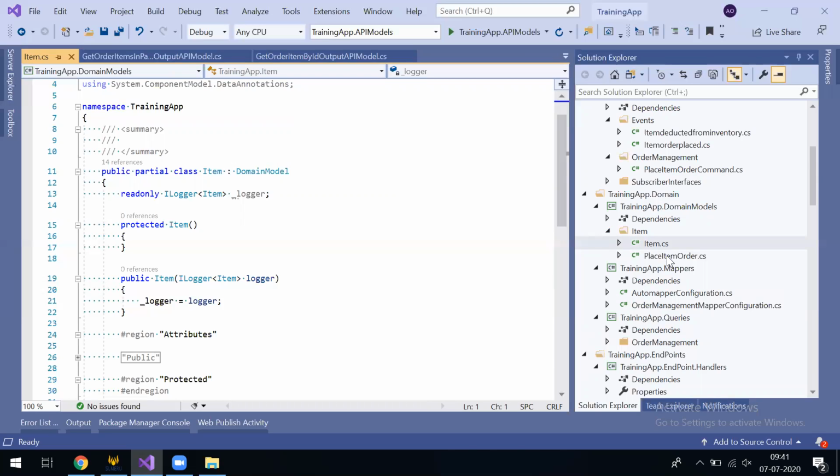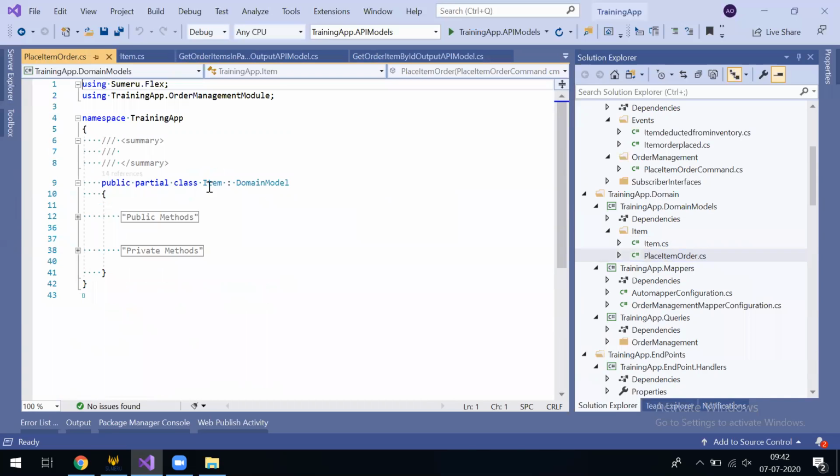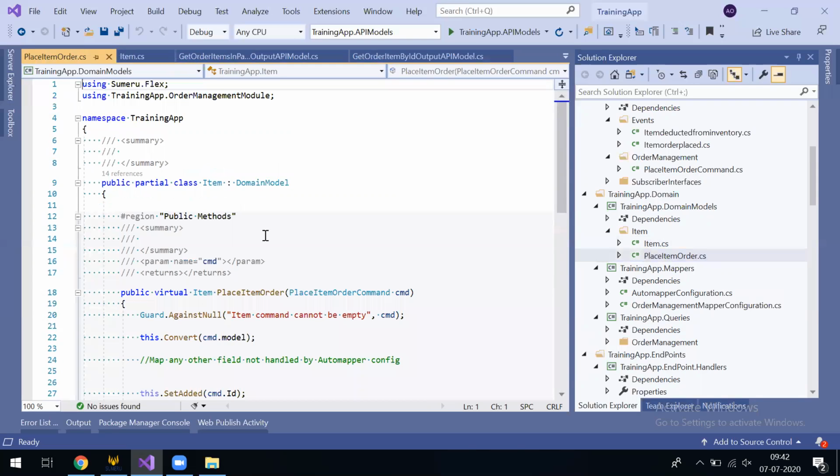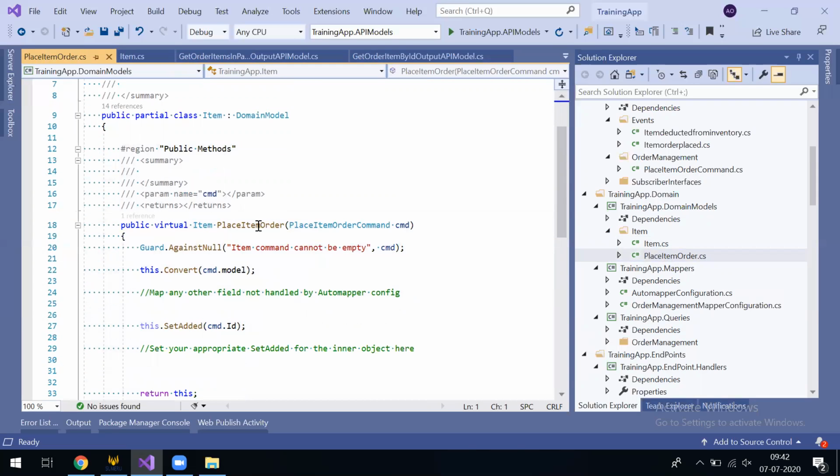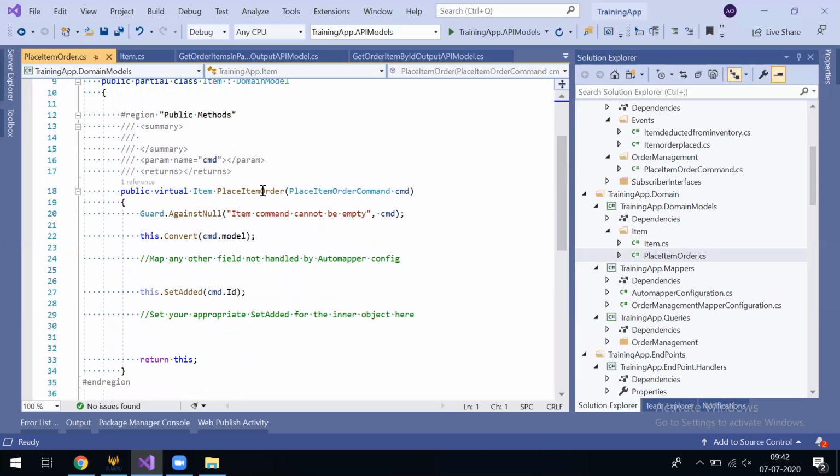And we had one action over this item for placing an item order. So a new file has been generated over here. It's a partial class for the same item. Over here, a function has been already created for placing item order. So a template is done over here. Auto mapper is already done over here.